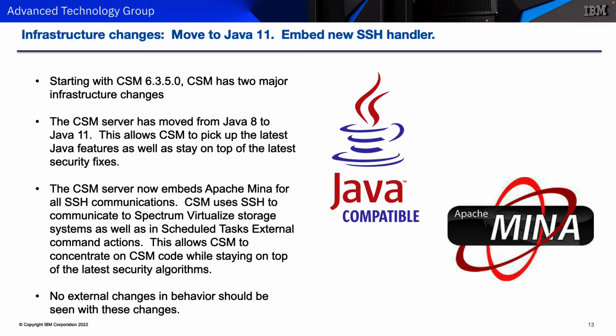All right, the next change I want to talk about is two infrastructure changes. I should note here that from an end user perspective, you shouldn't see any differences really from these changes. But we did want to be transparent and let you know that the changes were made and hopefully will improve the product going forward. So the first change is we moved from Java 8 to Java 11. Java 8 soon won't be supported anymore, so we're getting a jump on that, finally moving to Java 11 so we can pick up the latest Java enhancements plus